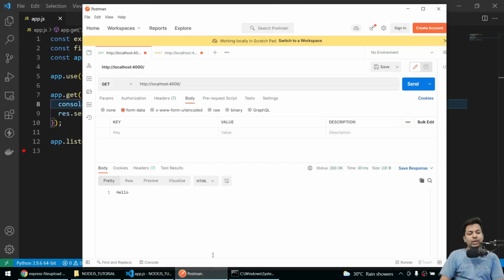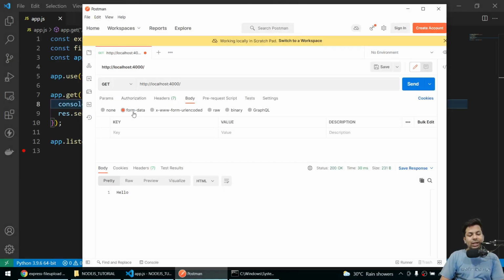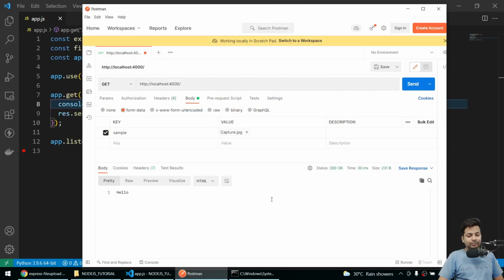Now how to send files from here? In Postman, you come into Body, form-data. Then here you select File, and you have to give the name of the file. Any name, say sample. Select files. I'll select this file. Now if I send the file, hello came,